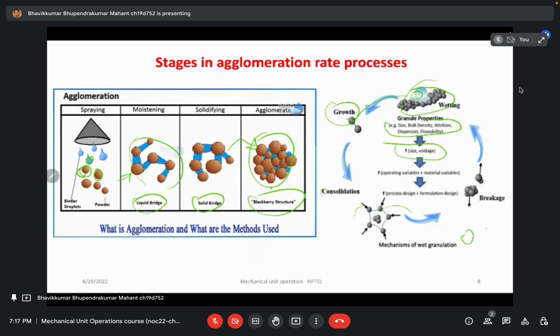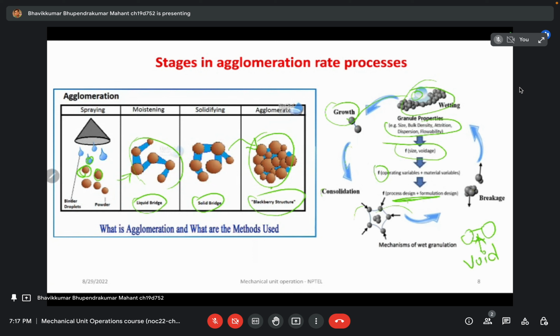Void in two different parts, there is a void portion or empty portion. So it is a function of that, and that all size and void edge can be a function of the operating variable plus the material variables. At the time of operation, what are the variables we are focusing on, and at the end, how we can define the operating variable and material variable that go into the process